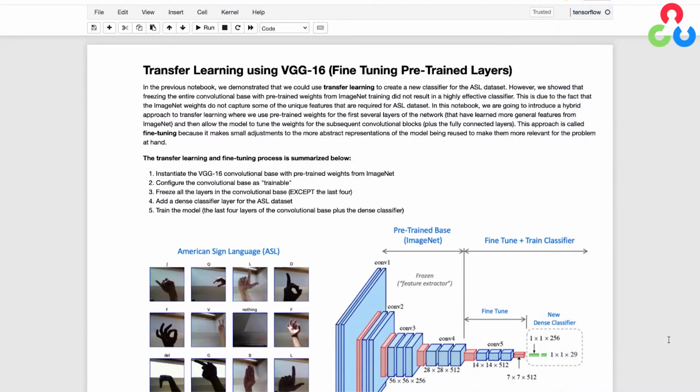Hi everybody, welcome back. In this video, we're going to continue the topic of transfer learning, extending that to the concept of fine tuning. We're still going to load in the pre-trained weights for the convolutional base of the VGG16 network, but then we're going to make the last four layers of the convolutional base trainable so that the network is able to continue learning features that are more closely associated with hand signals,